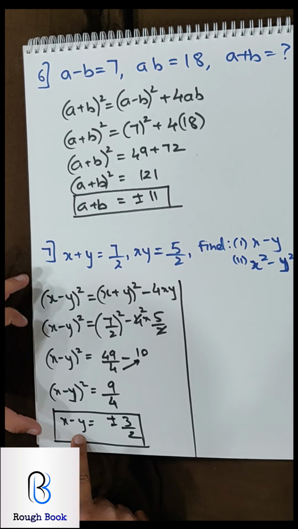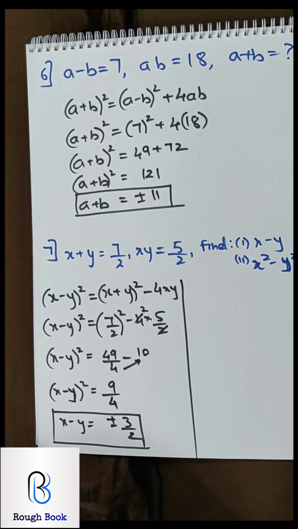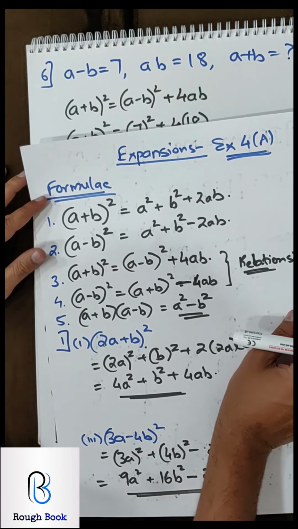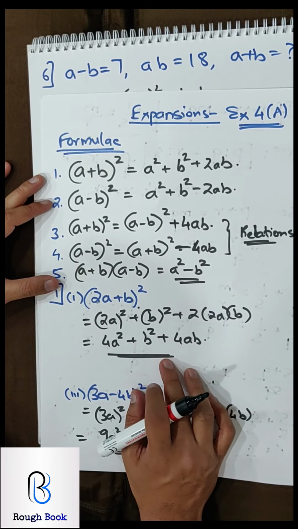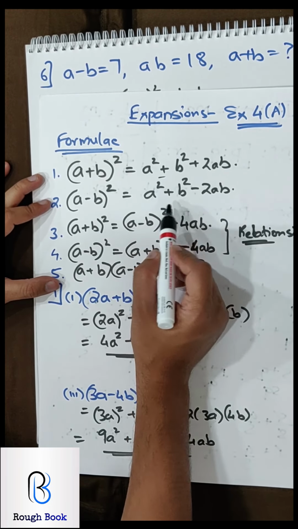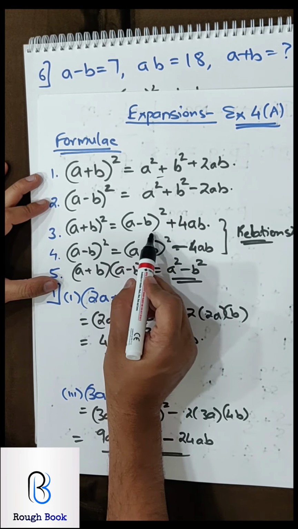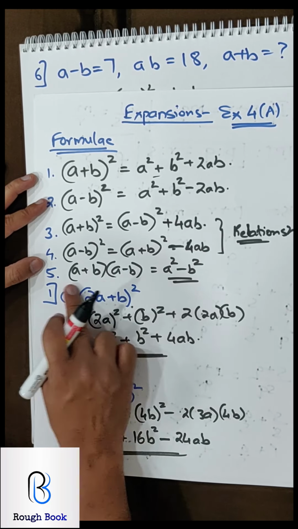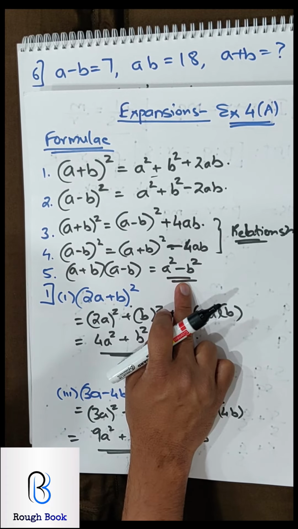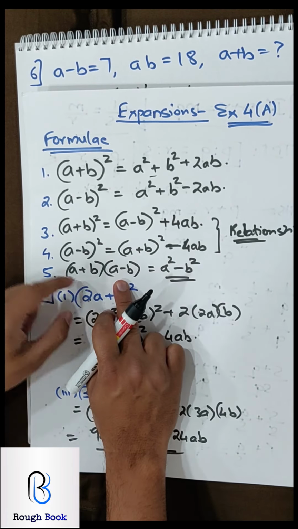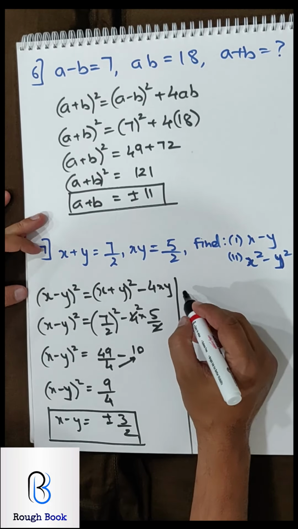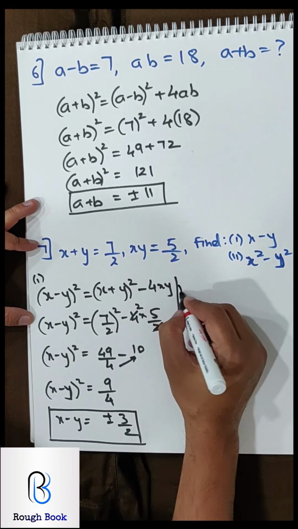Now that we've reached here, x minus y, x plus y, let's look at our list again. I need x square minus y square. So where do you find a square minus b square? Here also it's not there, here also not there, because my target is a square minus b square, which is only in formula number 5. So then I need a plus b, a minus b. Do I have that? Yes, a plus b, a minus b both are there with me. So I can start with the second part easily.